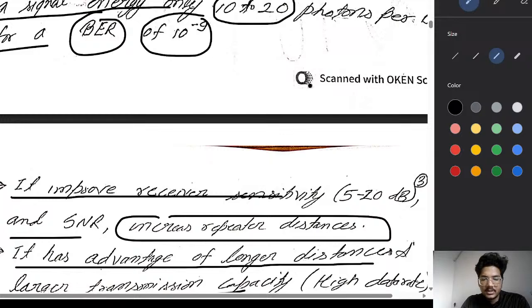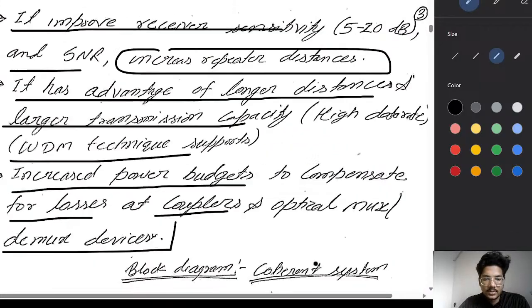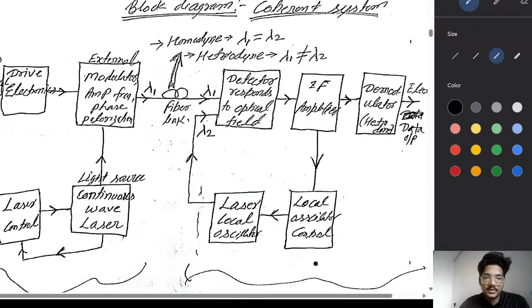These are the explanation of the coherent system. What we write, we have to understand in detail further. So first understand what is the building block for the